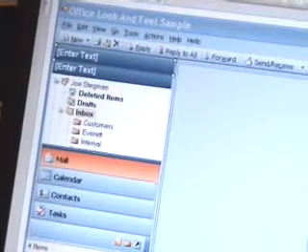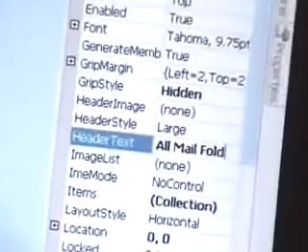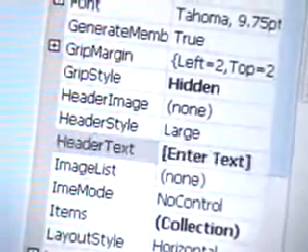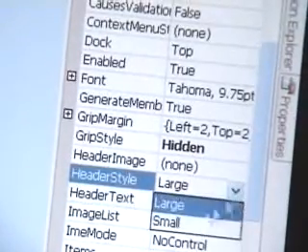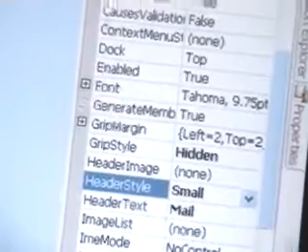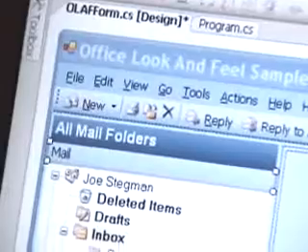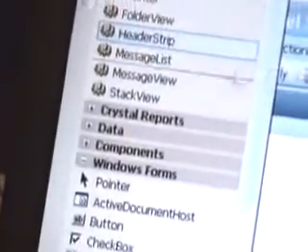I'm going to go ahead and change some text here to say, and then change this to say mail, and I'm going to change the style here to small. So now you can see I've simulated, if you're familiar with Outlook again, the Outlook type left pane look and feel. And we're going to do the same thing, drag another one of these tool strips into the middle. And I'm going to go ahead and drag the